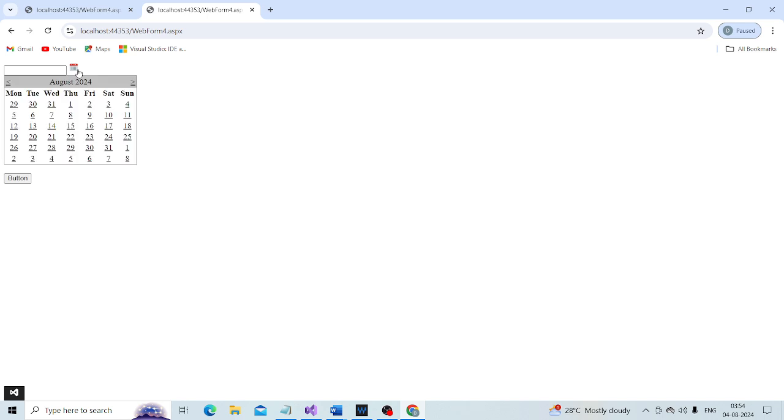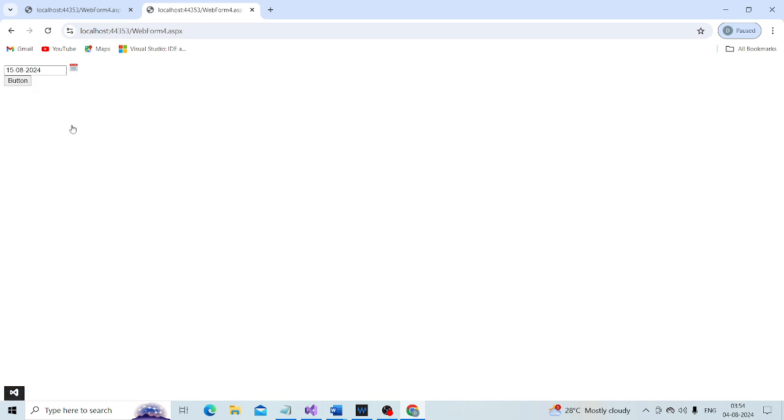So click the image button first and select the date. Now click the button.